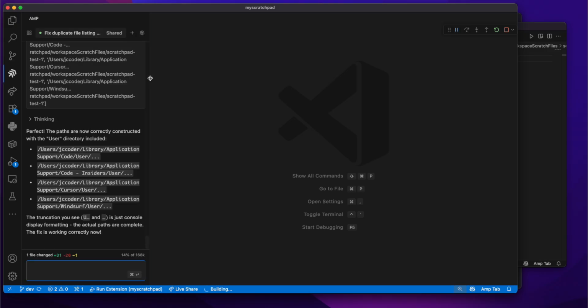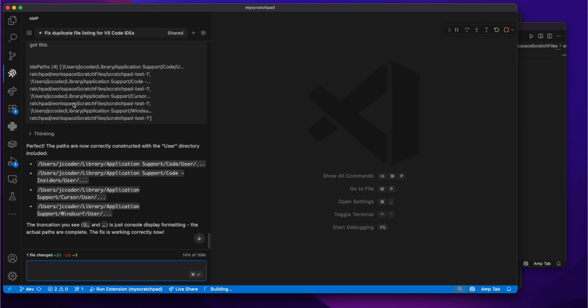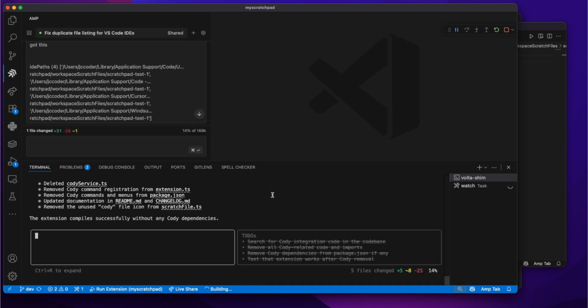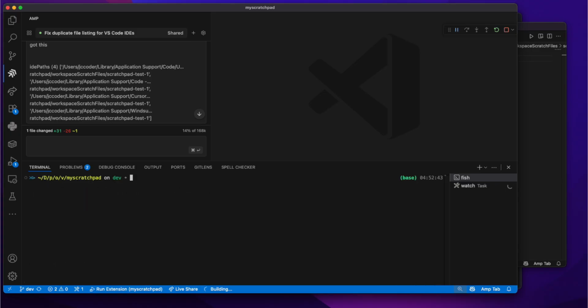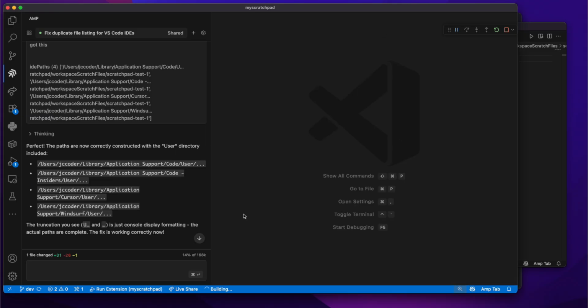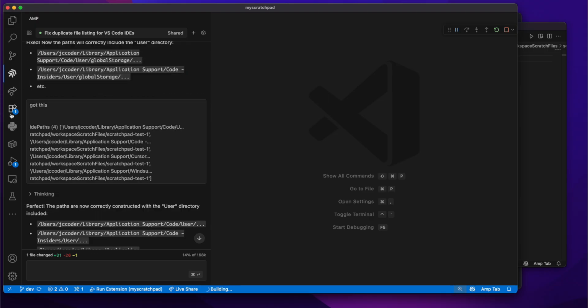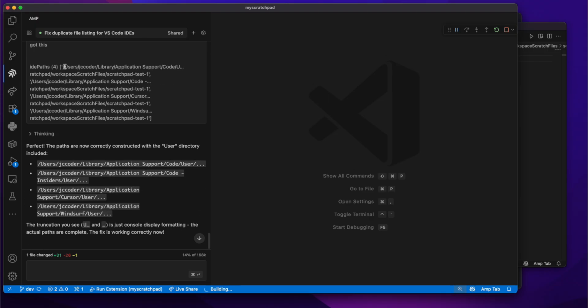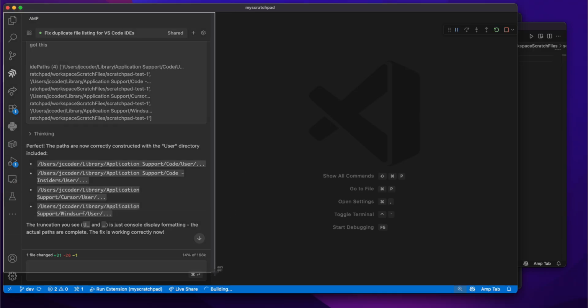I'll use this as a reference or something. Can attach image to the terminal. Probably I'll just create a new instance of AMP so I can start from a clean slate. Okay, take a screenshot of this window